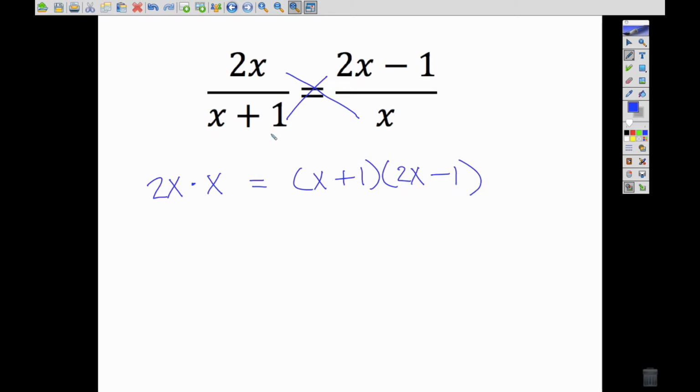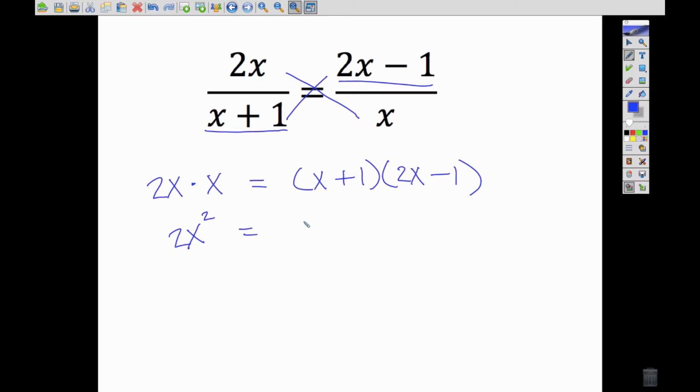Now notice I put the x plus 1 and the 2x minus 1 in parentheses because I want to multiply this whole thing by this whole thing. So we're going to use parentheses to make sure that we multiply all of the parts that we need to multiply. So now on the left side we have 2x to the second is equal to,